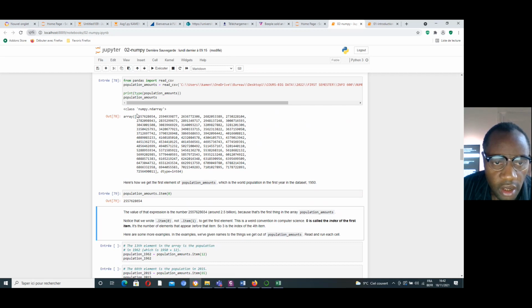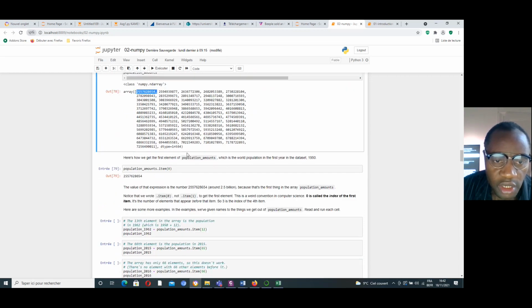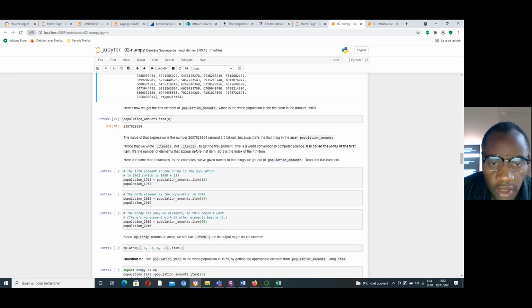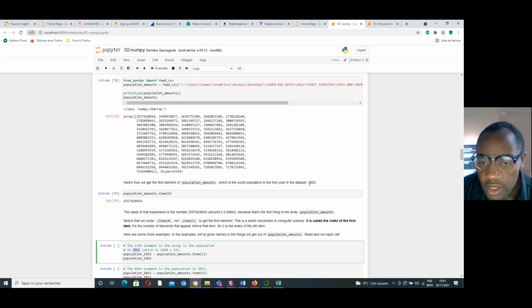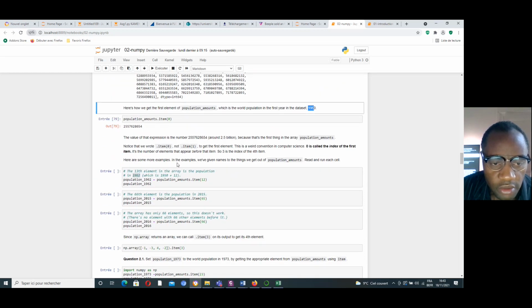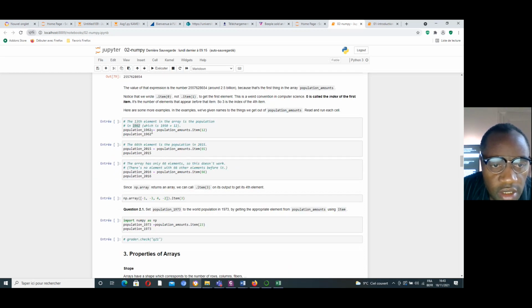Here we print just this first value: when we enter index 0, we print just the first value of the file, which represents the population of 1950. If I want to print the population of 1962, I know 1962 is 1950 plus 12. Okay, plus 12.